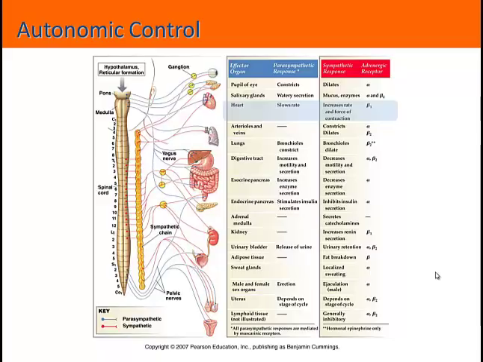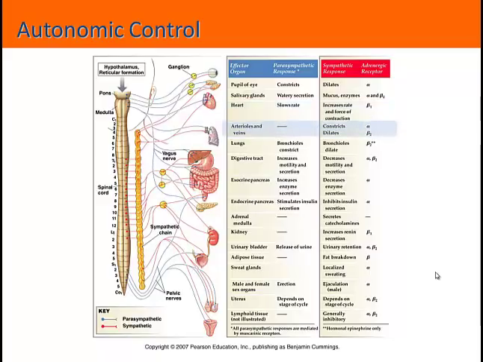Again, the parasympathetic system, often called the rest and digest system, so that makes good sense. At rest, you expect heart rate to be lower, and so parasympathetic outflow will cause that response. On the right side of this diagram, you see that heart rate is increased in response to sympathetic innervation. Again, the fight or flight response. If you're going to fight, I suggest flight, but if you're going to get into one of those two situations, that increase in heart rate is going to help you deal with that situation.